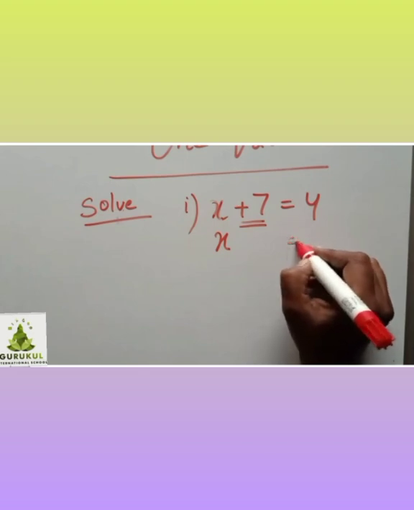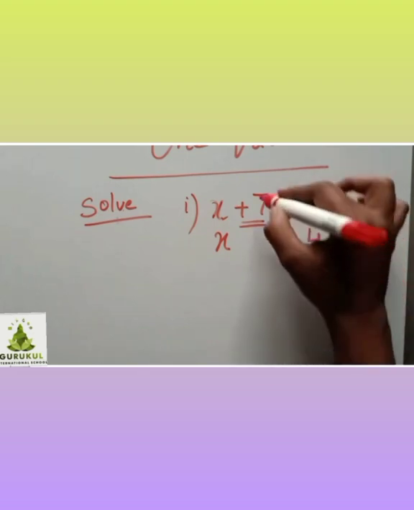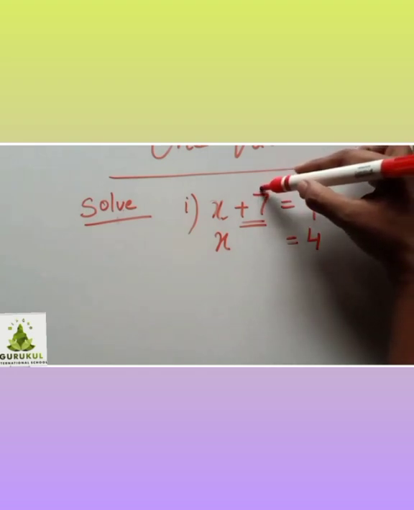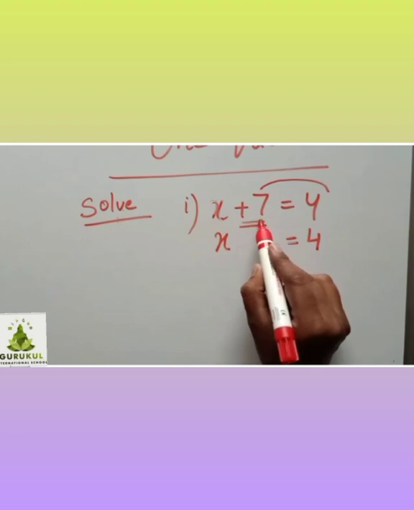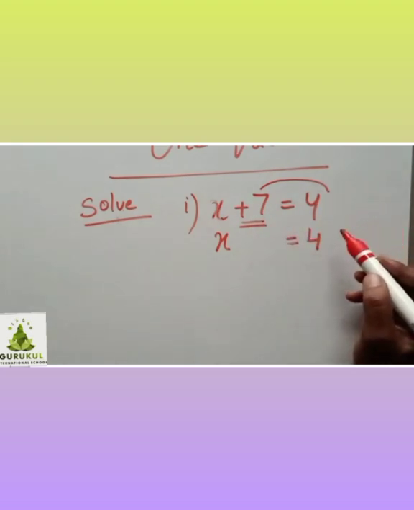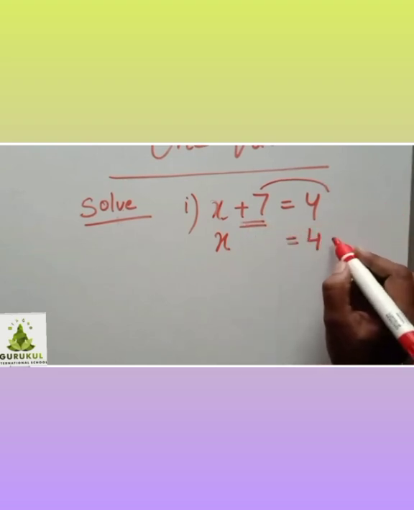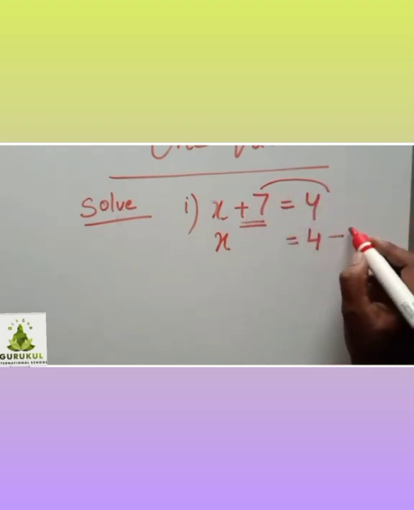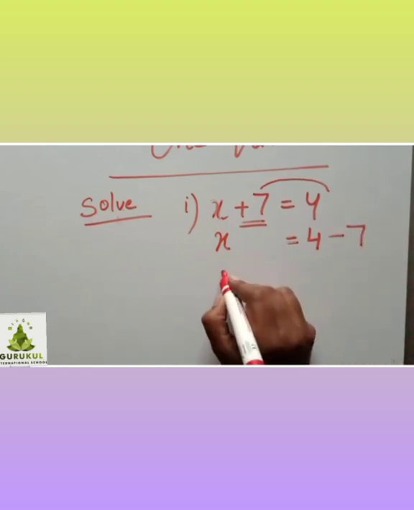Now here is the equal to sign. Here is the number 4. So now what I am going to do, I am going to take this to the other side of the equal to sign. So it is here plus 7. What happens when you transpose it to the other side, you take it over to the other side, it will become its opposite. What is the opposite of plus 7? It will become minus 7. The thing is the same. Is that clear? One step is less, that's all.